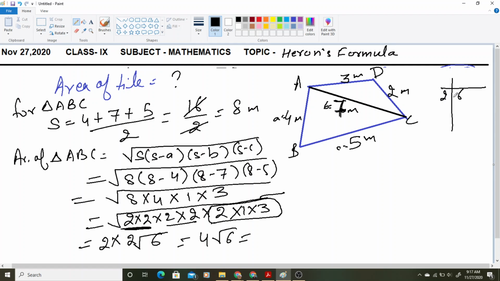So it will be 2 2s are 4. Then 2 is remaining, decimal, 2 zeros will be there, 2 2s are 4, then you can multiply with 4, 4 4s are 16, 4 4s are 16 plus 1 is 17, then it is coming 2.4 almost, so you will multiply this 4 with 2.4. How much are you getting? 4 4s are 16, 4 2s are 8, 9.6 meter square.